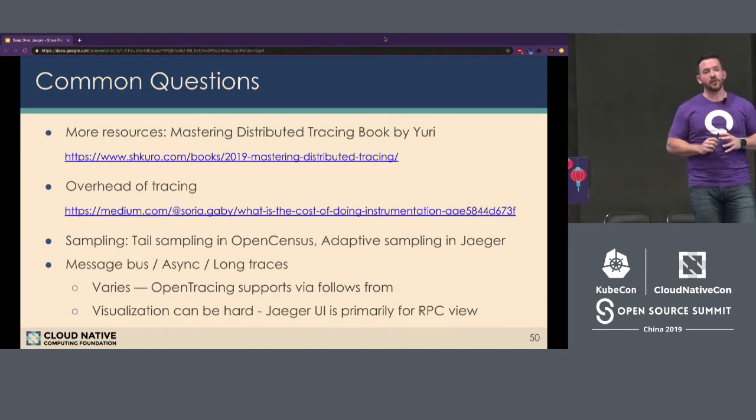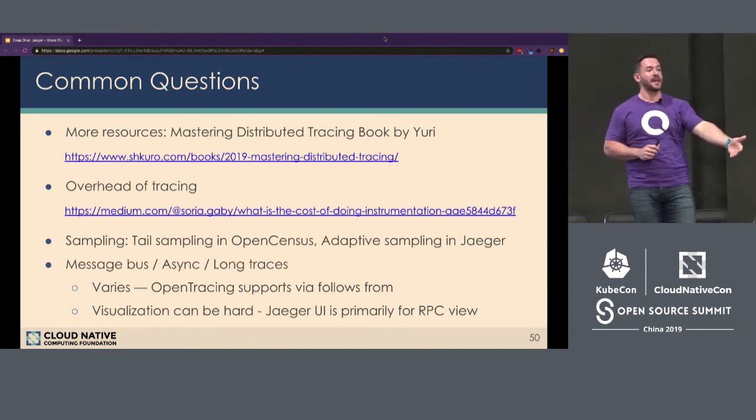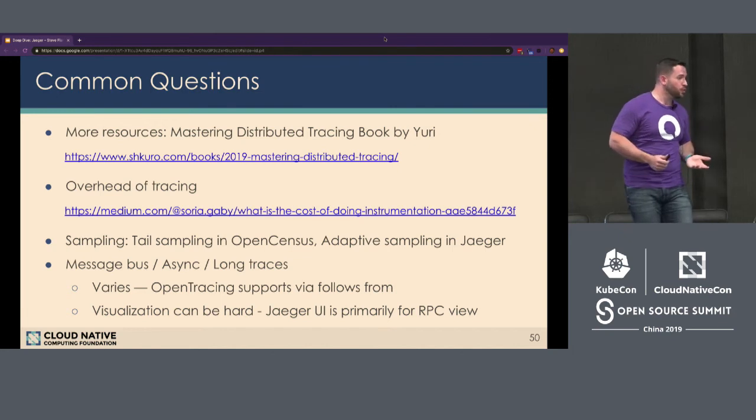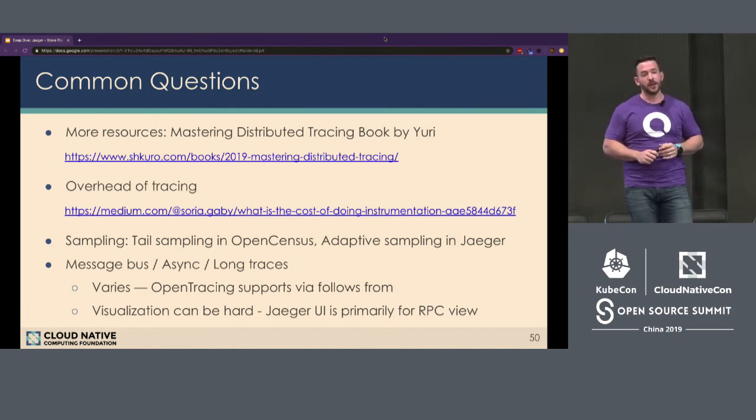Now, Jaeger, the agent and the collector, has a cool feature called adaptive sampling. That means it can say, hey, the backend is overloaded. I want to dynamically tell an application to slow down and send me fewer traces. It's a really cool feature that is in Jaeger today. The goal is to add that to OpenTelemetry going forward, but it's not available in OpenTracing or OpenCensus today.